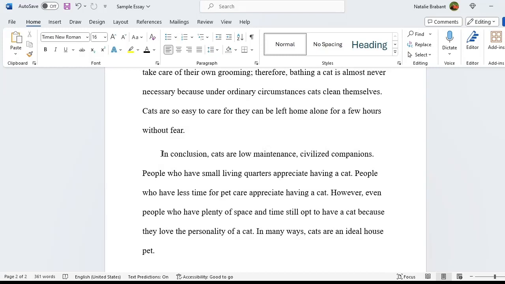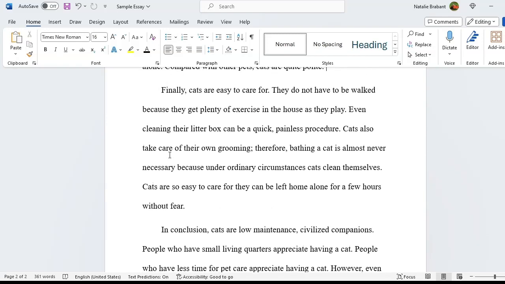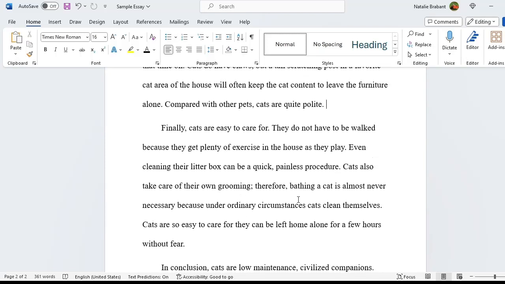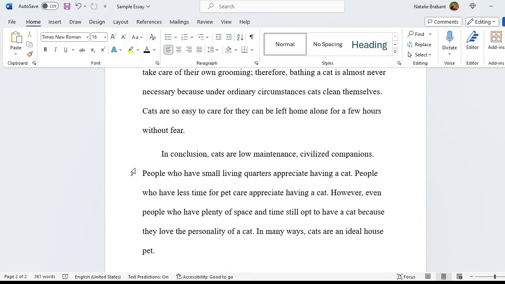So then we have the final paragraph, which is in conclusion. It's wonderful to start with in conclusion. The reader knows exactly where he or she is. In conclusion, cats are low maintenance, civilized companions. Did we restate the thesis? Yes, we did. We used different words, low maintenance instead of easy to care for. Civilized, we kept the same. It's sometimes hard to get a different word for it. You can use a thesaurus, but sometimes it's okay to just leave some of the words the same. Civilized companions. Excellent. And we end the conclusion with a little bit of a summary about our points, just a